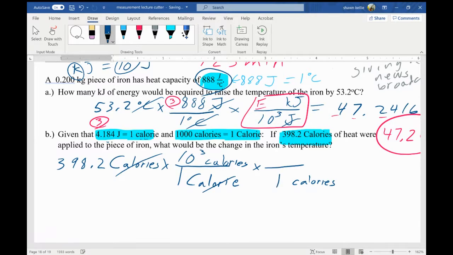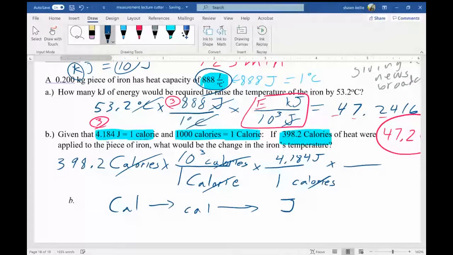1 calorie is 4.184 joules. So I've gone from capital C to lowercase c to joules. I don't want joules, so I'm going to place joules where they cancel out. I know according to my unit conversion up here at the top of the problem that 888 joules are equivalent to 1 degree Celsius. So I'm going to multiply everything on the top, divide through by everything on the bottom, and that is going to give me